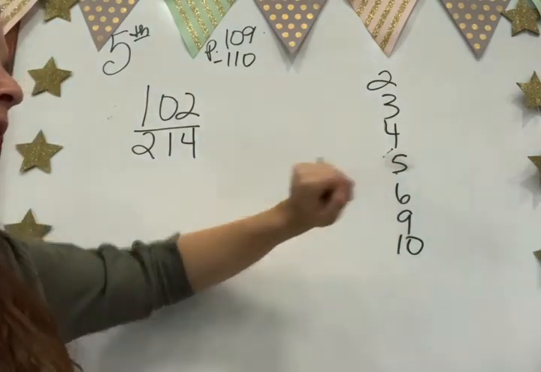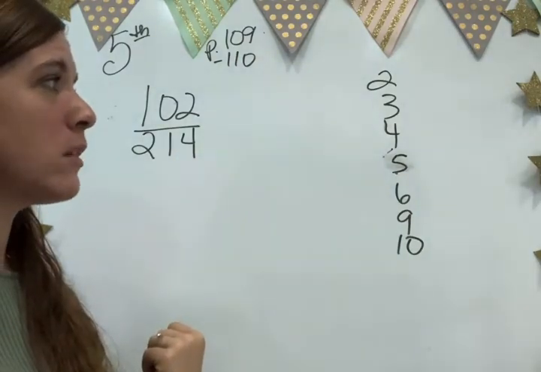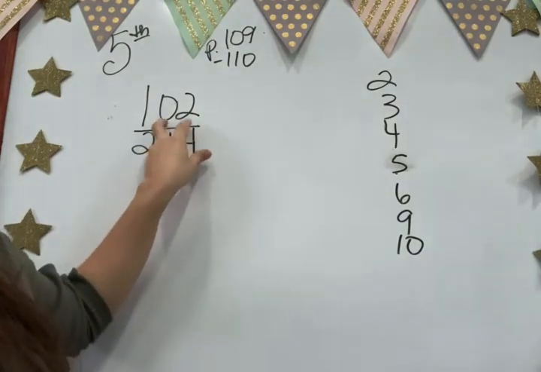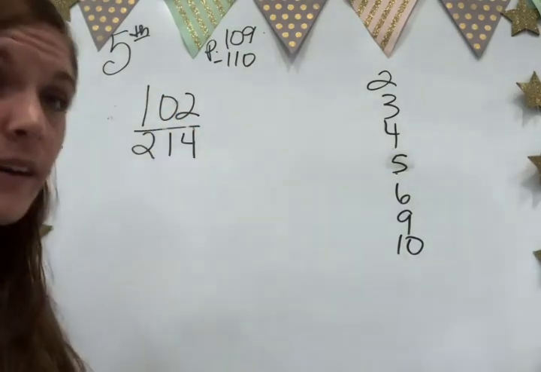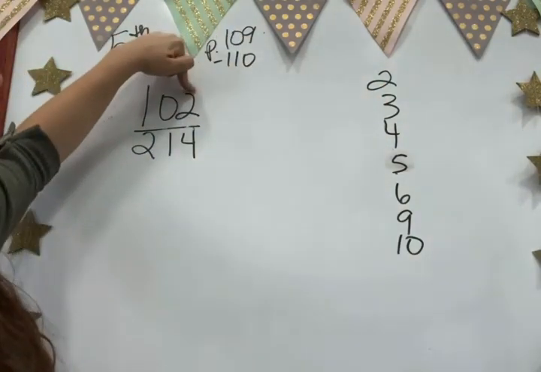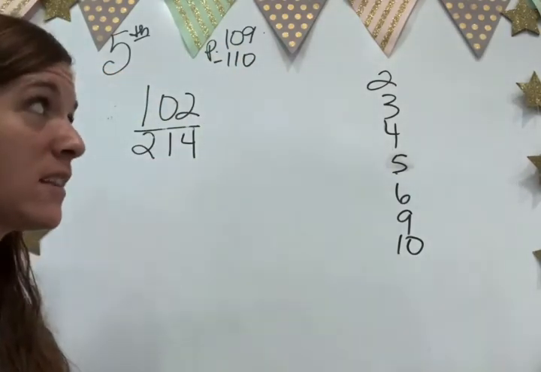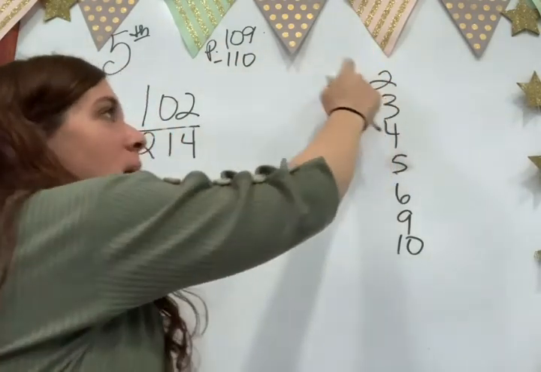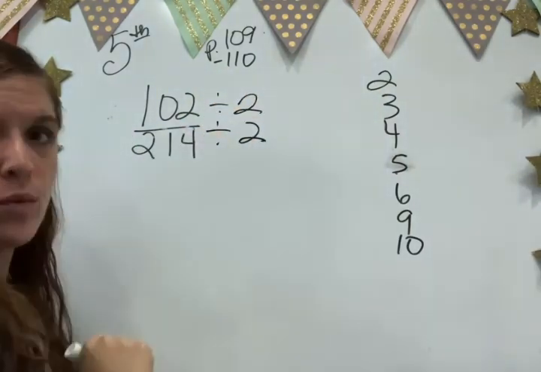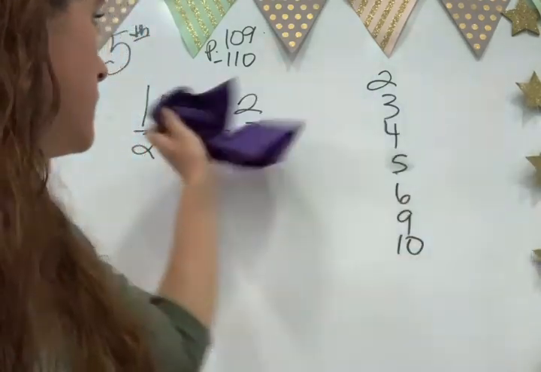Can you divide by 5? No, because 2 and 4 are not 5 or 0. Can you divide by 4? No, because this isn't 0 and 0, and you can't divide 2 by 4. Can you divide by 3? Maybe, because 1 plus 2 is 3, and then 2 plus 1 is 3 plus 4 is 7. No, you can't divide by 3. Can you divide by 2? Yes, you can, because they're both even. So go ahead and divide by 2. Okay? Then on the last one,